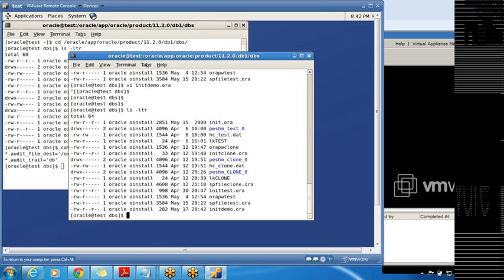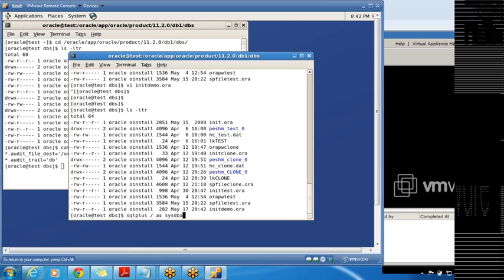If I issue startup nomount, what do I have to do? I have to invoke SQL*Plus, correct? You have to specify the parameter file. Okay, no, I stored it in the DBS location, so by default it will go to the DBS location and start up the instance. But my question is, if I invoke the SQL*Plus utility right now